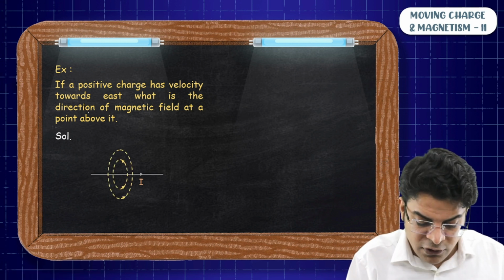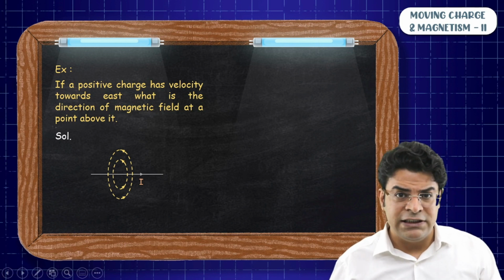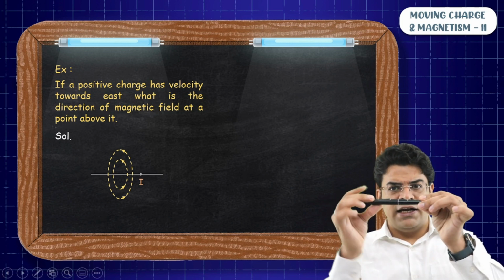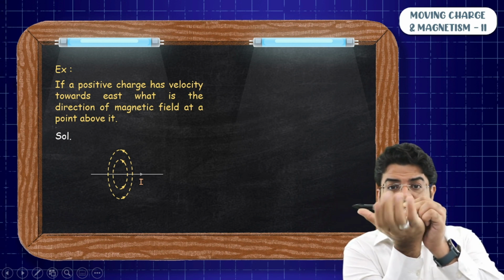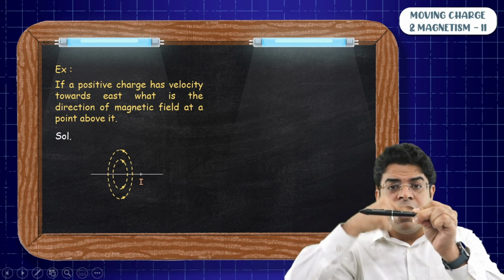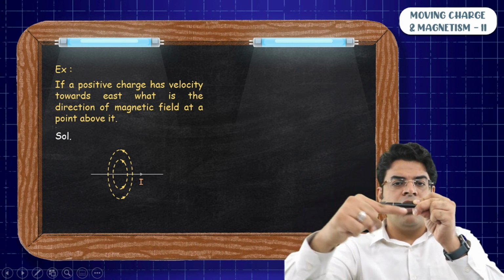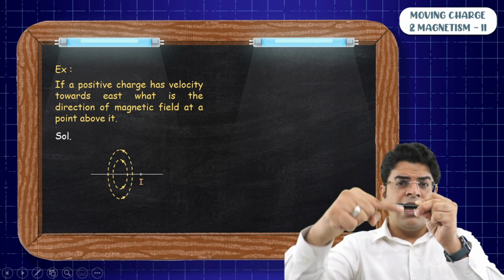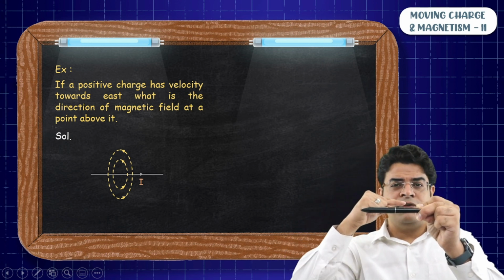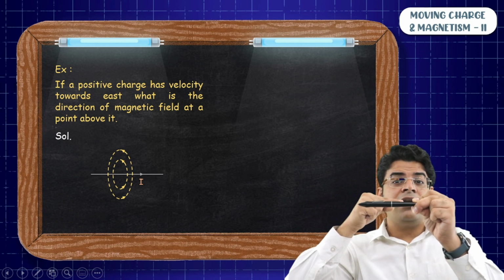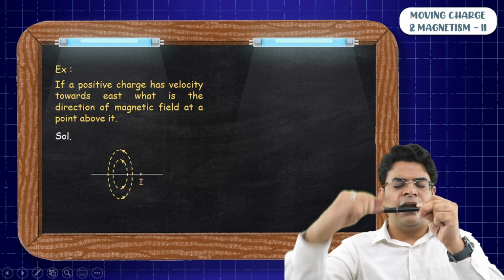Now, can you tell me what will be the direction of a magnetic field at a point above it? Sir, now this is easy. If a current carrying wire carries current towards east, then I will align the thumb of my right hand in the direction of current, and then I will curl my fingers. The way my finger curls, the same way the magnetic field lines will curl. So at a point north of this charge, the field will be upward. At a point above this charge, the field will be towards south. At a point south of this charge, the field will be downward. At a point below this charge, the field will be towards north. Think of the tangents on the curve at every point.